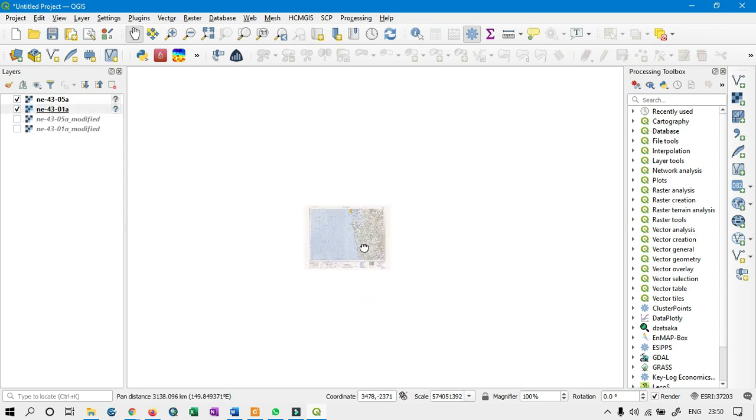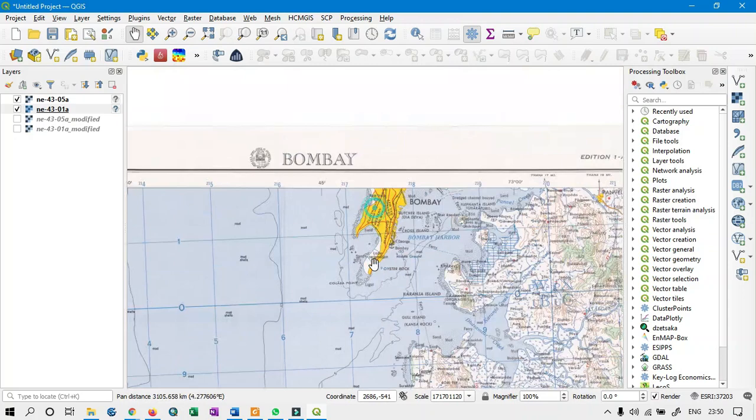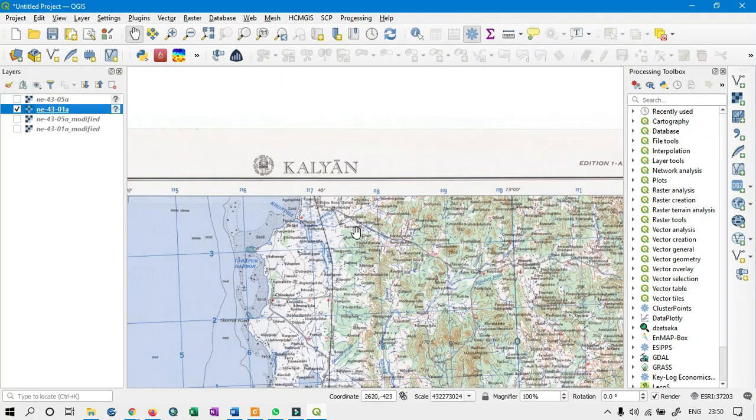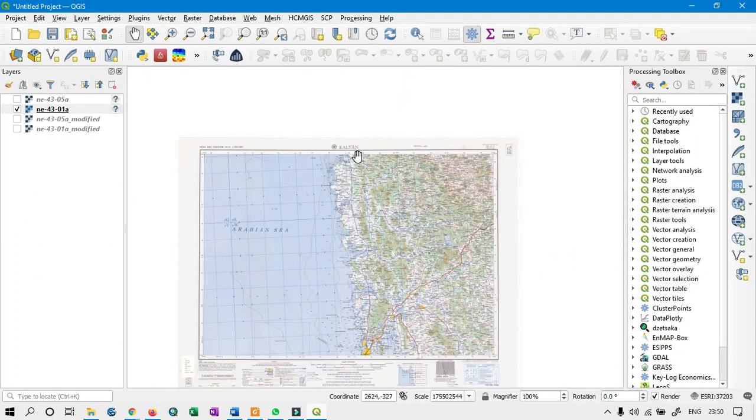That means the upper map is the lower portion, and the lower map, that is the Kalyan, is basically the upper portion. In this video I am going to do the georectification or registration of the raster images so that we can place these two images in a proper orientation.